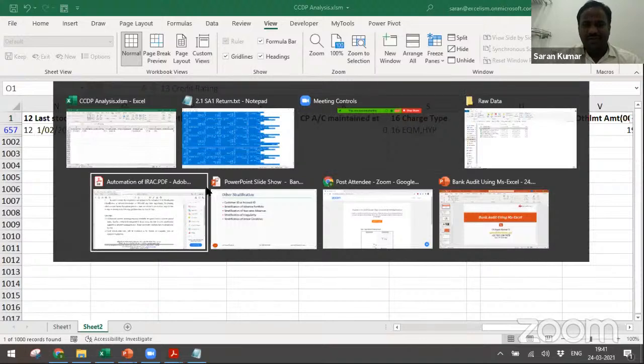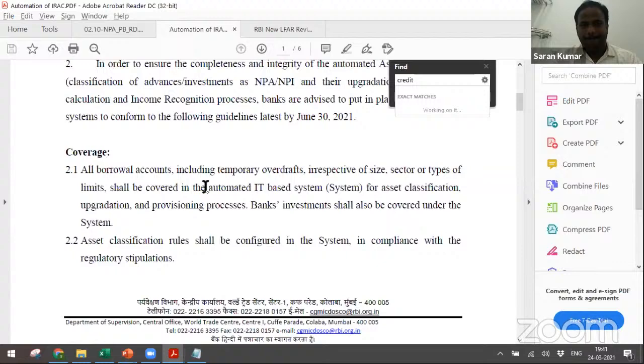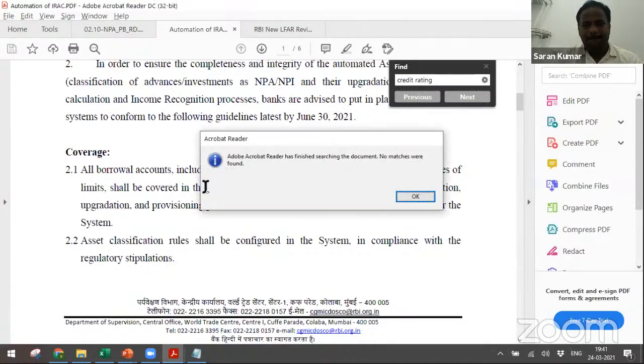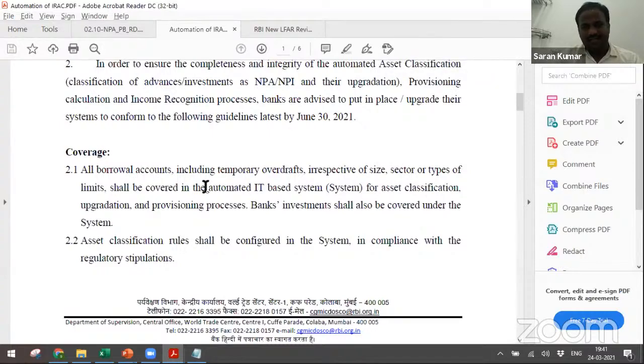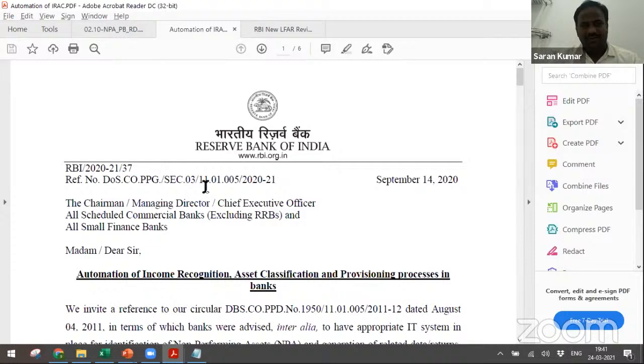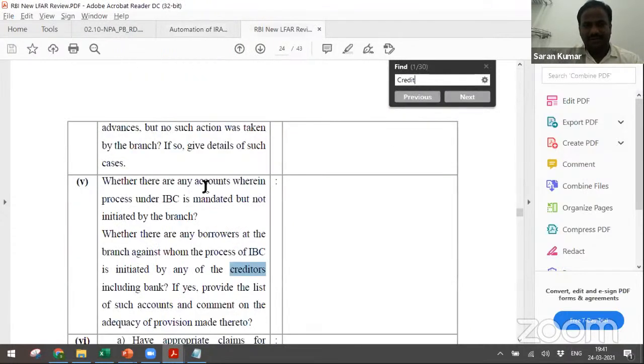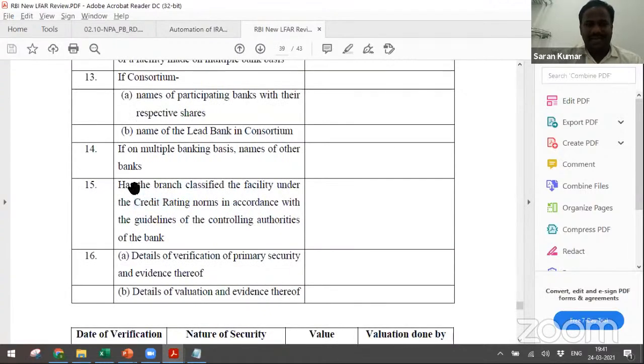In fact, if you look into the new LFAR, there's a question on the credit rating. Credit agency, no credit rating, credit. Okay, there must be a question, I'm sure. Oh, not this one. This is LFAR. Credit rating. Yeah. Has the branch classified the facility under the norm?